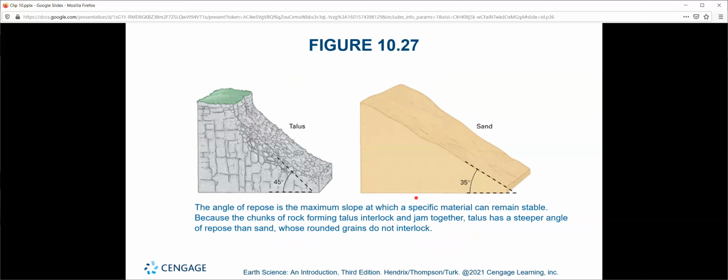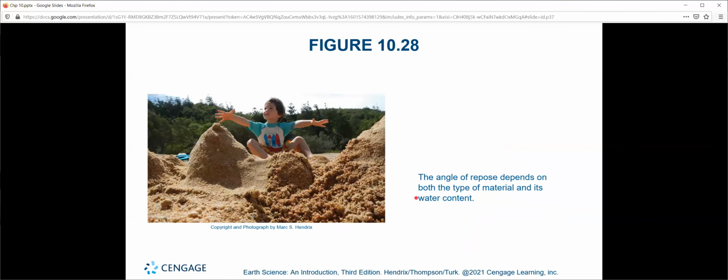Angle of repose. Angle of repose essentially is what the material can hold on its own. If you defeat angle of repose, you have mass wasting, you have a landslide. As honestly best shown here, this is probably a better example. You've all built sand castles at the beach before, right? You can only build them so tall. You can only build them at a certain angle. You build your sand castle too tall, it can't hold its own weight, it collapses down, right?